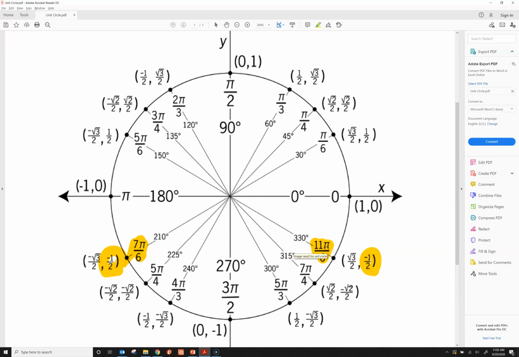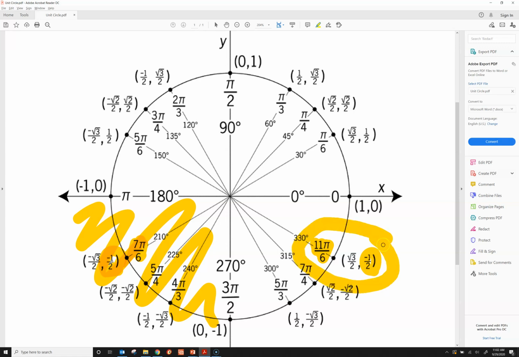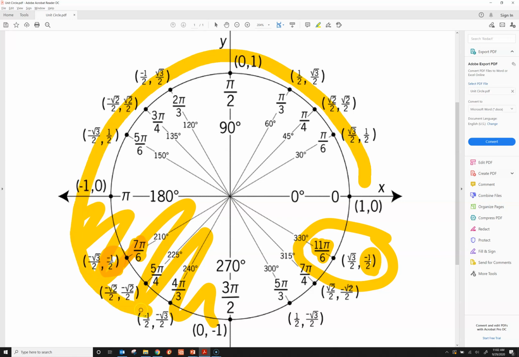But here's the thing. We just talked about the fact that inverse sine is restricted to quadrants 1 and 4. And that means this quadrant will not be used for any of these problems because none of the functions are restricted to that quadrant. So that being said, this looks like it'd be our answer. However, take a look at that angle measure, 11 pi over 6. To get to 11 pi over 6, we have to go outside our restricted range, and so we can't do that. Instead of going that direction, we are going to go